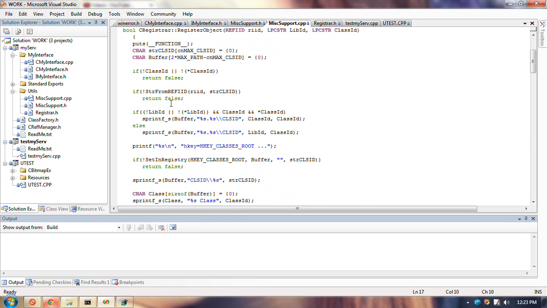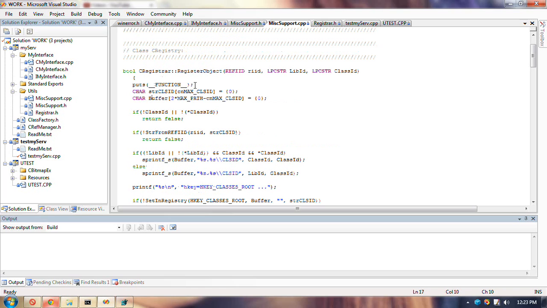Okay. And where does the %s come from? No, let me just. If I want to register an object, given these three things, class ID, lib ID, and the interface ID,